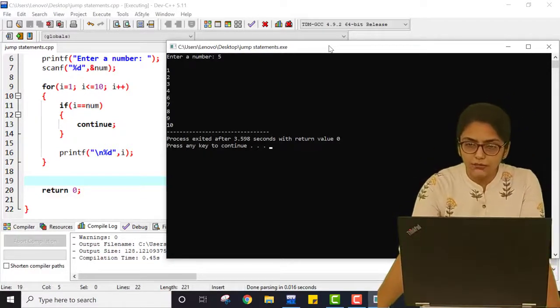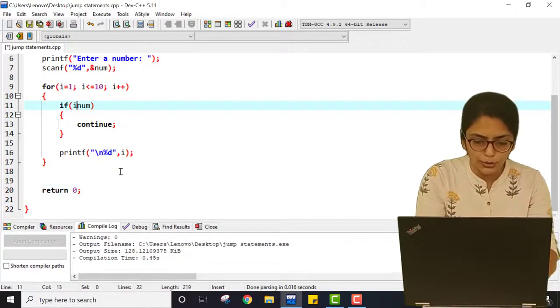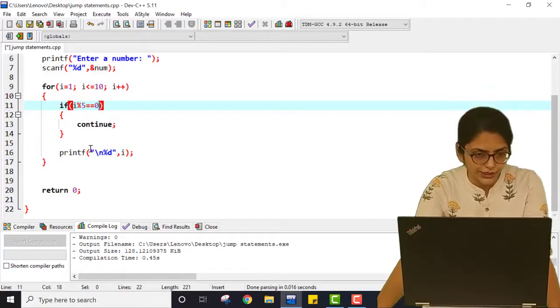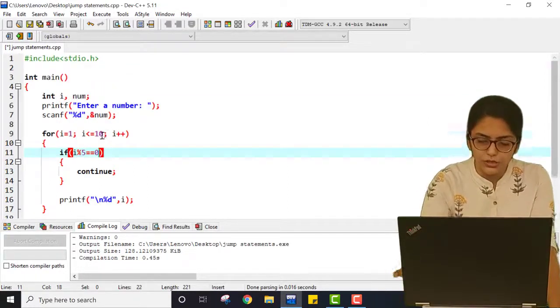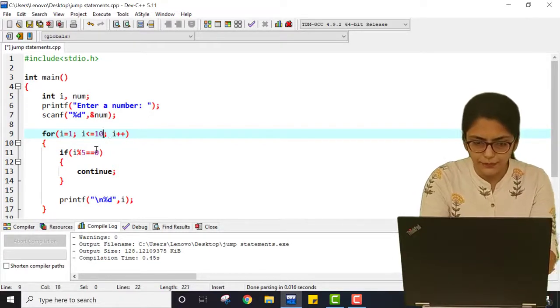Now what other things can happen? Here you can also write if i modulo 5 equal to 0, continue. That means if the value of i is divisible by 5, then continue. And here I am giving the range, say 100 now, or say 50.